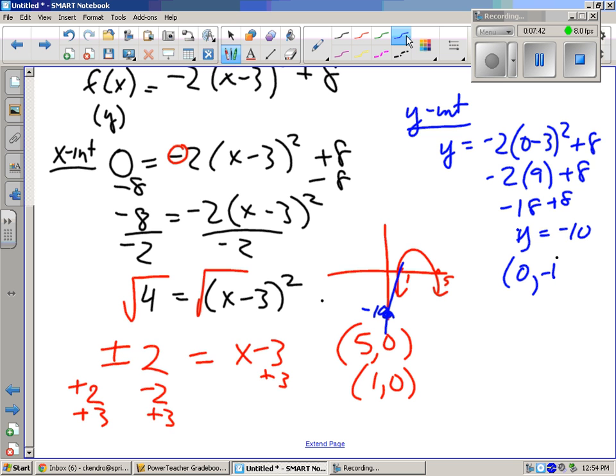Because it is a point, it's an intercept, you have to write it as a point, 0, negative 10. Okay,